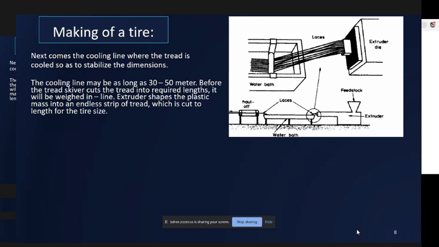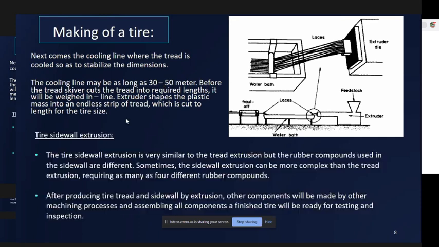Turjo talked about giving shape and dimensions to the tread, and now we have to stabilize those shape and dimensions. In order to stabilize it, we have to cool the tread. The cooling is done in a cooling line, which may be as long as 30 to 50 meters. After that, the long strip of the tread is cut according to the length of the tire. So the required length of the strip is cut,